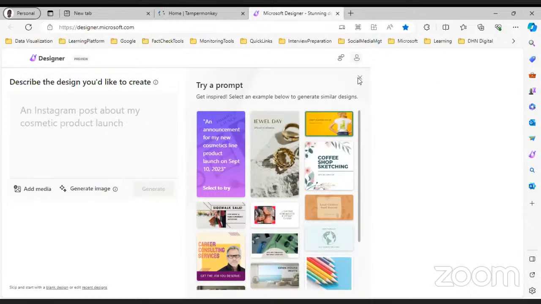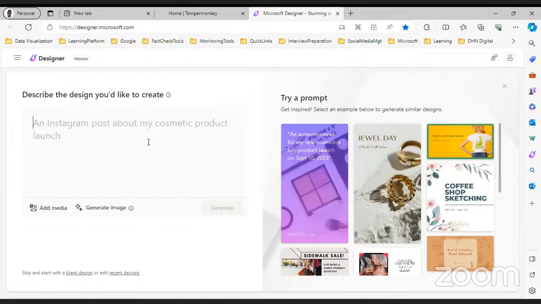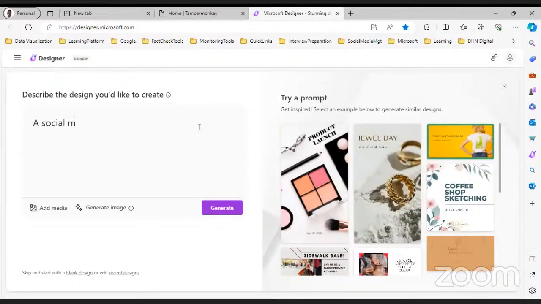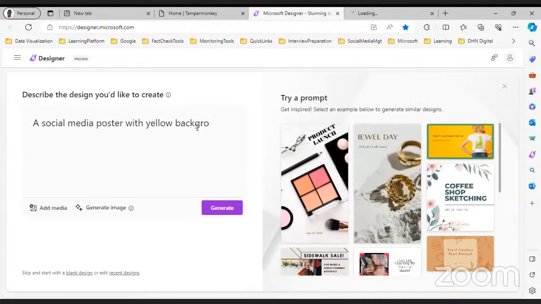So you can write. Let's say I want a social media poster with yellow background about cyber security.